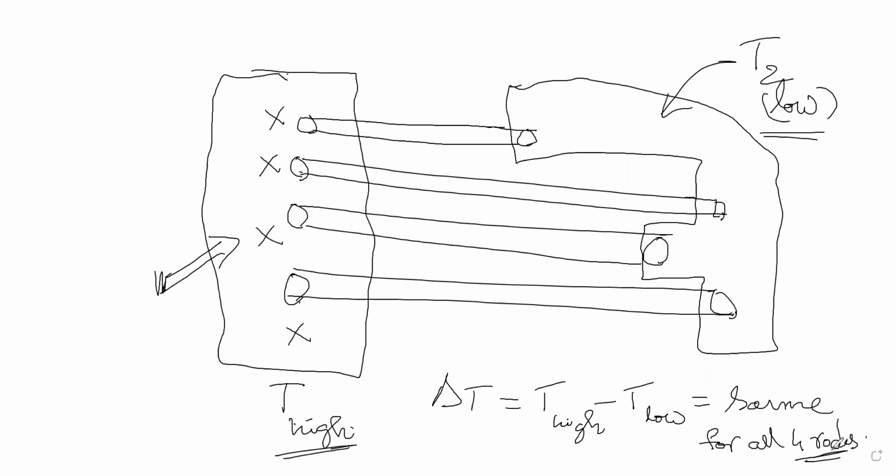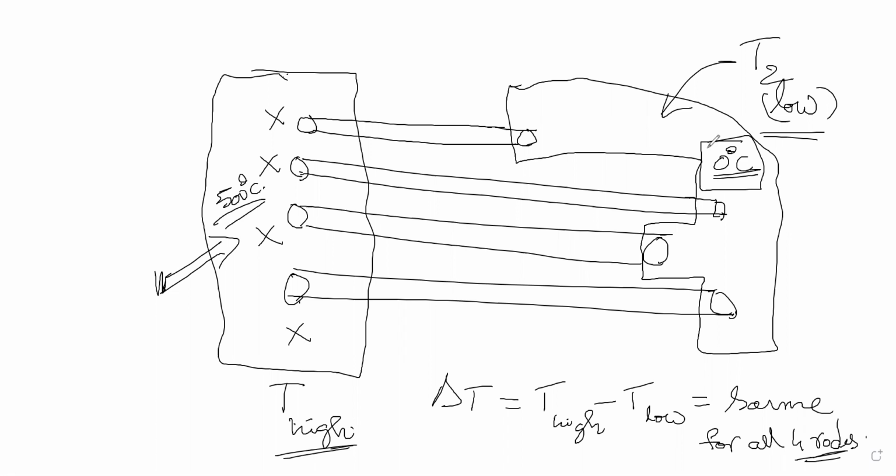Yes, sir. Okay, clear. So that's what they told. The delta T refers to all the four rods. The ends are kept at the same high temperature. Let us say all the hot ends are at 500 degrees centigrade, and all the colder ends are at 0 degrees centigrade. So the delta T for all the rods is the same.